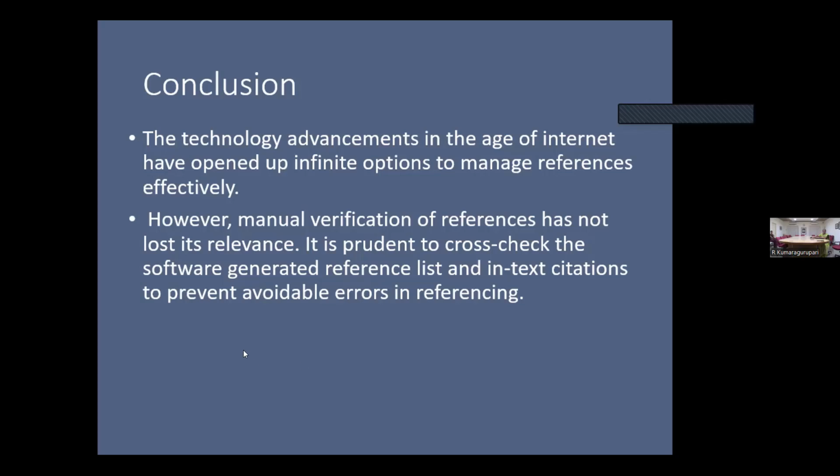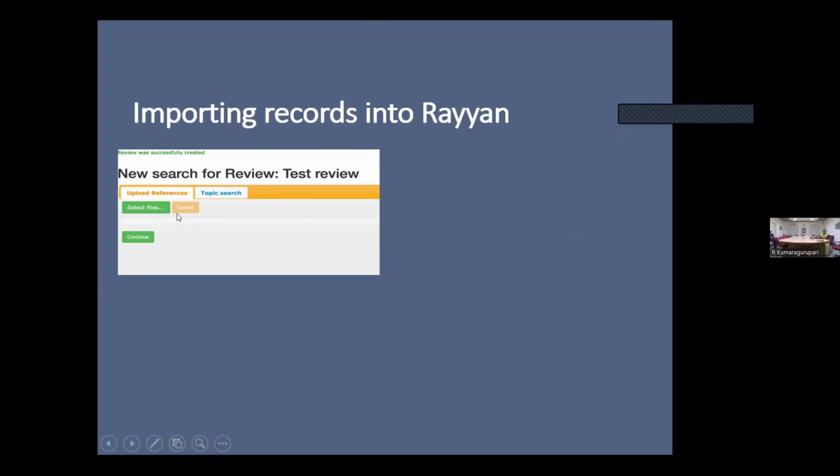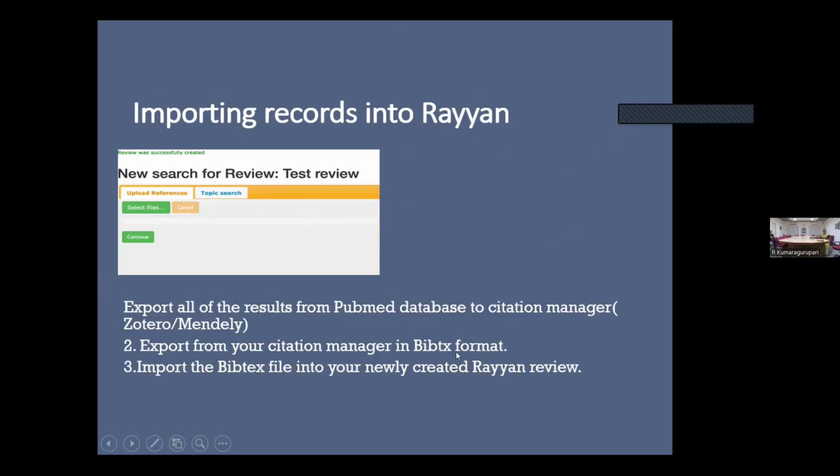Then I want to share three more slides. So many authors are now writing systematic reviews. Just three slides I want to share. This is also one of the tools, a tip for you. Rayyan is a very good tool for an effective systematic review. It's an easy tool; you have to install it. Whatever you keep in your Zotero,